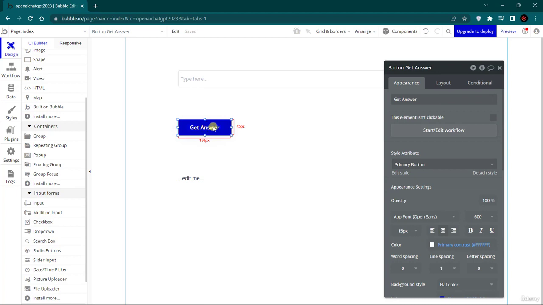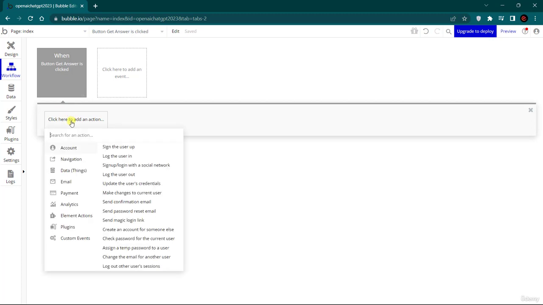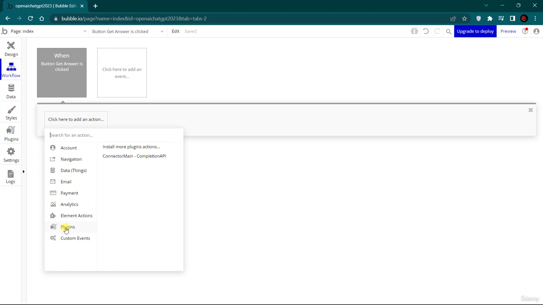We'll go here for the get answer button, and from here we'll go to start or edit workflow. Okay, so it says when the button get answer is clicked, what are you supposed to do next? So it's basically triggering some kind of an action over here. So you can just add the particular action. Okay, and you can just go into plugins and say you want to call the connector